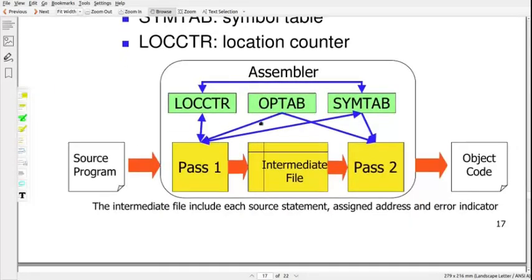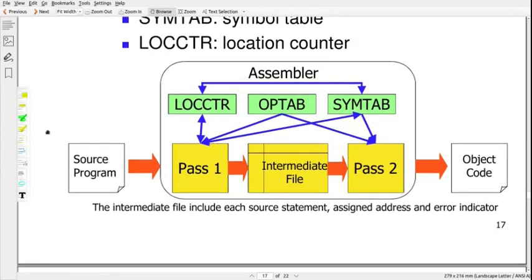So here this diagram explains the SIC assembler assembling operation. Here you can see that we will write source code. This is the source code in assembly language, and there are two passes, pass 1 and pass 2, and the assembler will convert the source program to object code.